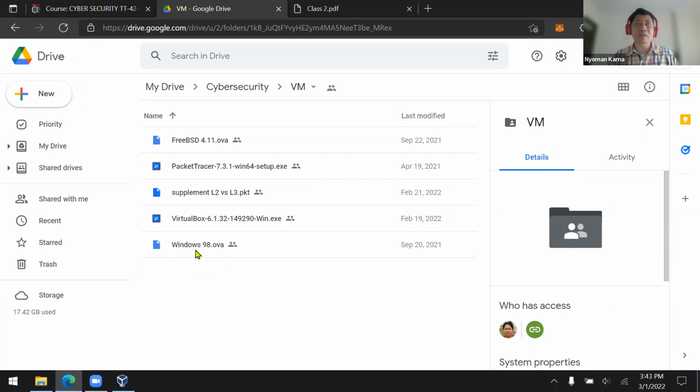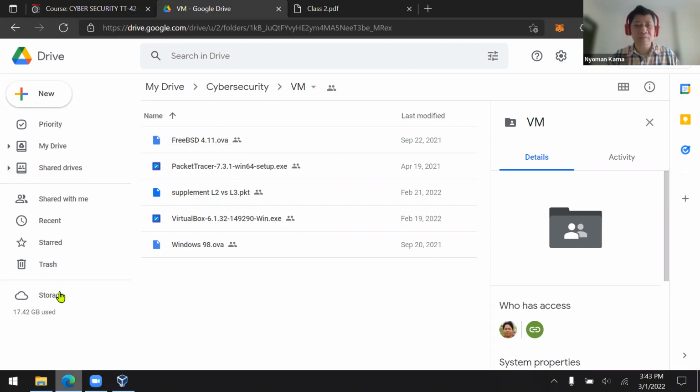Okay, so we're not going to exploit or maybe damage either of the operating systems, because Windows 98 is like 22, 24 years old, and FreeBSD 4.11 is like, I think, 16 to 18 years old. It's a little bit newer than Windows 98. So you need to download both virtual machines because the size is very small.